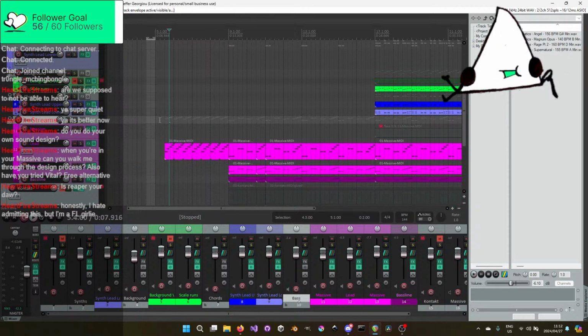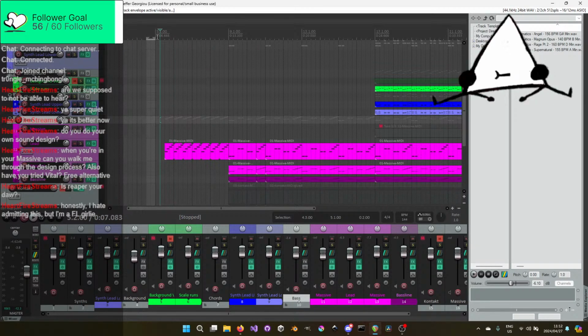There's nothing wrong with FL as a DAW, really. As long as it's fulfilling your needs, it's fine. I'm not sure how good FL's orchestral type stuff or composition tools are. But I kind of like an all-in-one, which is why Cubase was really good for me when I was using it, and I do miss having all the orchestration stuff.